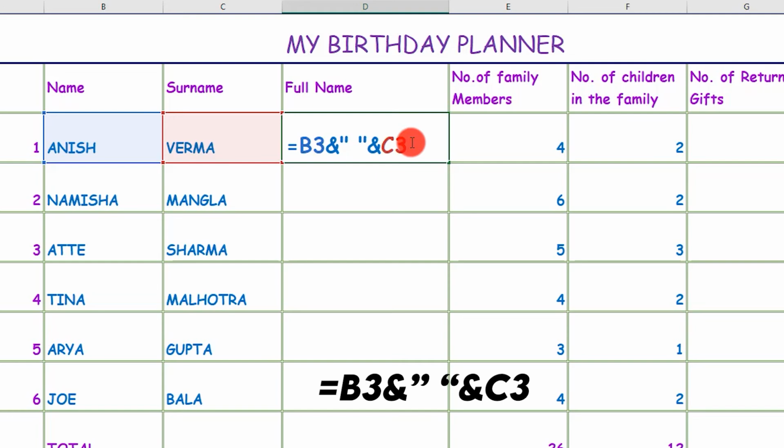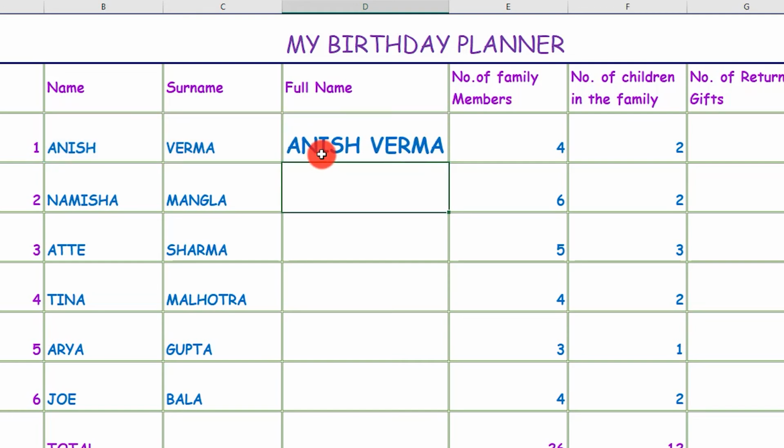Now in the end I press enter. Now you can see there is a space in between Anish and Verma and it looks like a proper full name. Right, similarly we will be doing this for the next one also. Again I'll be using an equal to sign. Now I'll click on this cell, this becomes B4, press shift and 7 for the ampersand sign. Now I want a space, so I'll press shift and the quote sign, press the space bar, again shift and the quote sign.